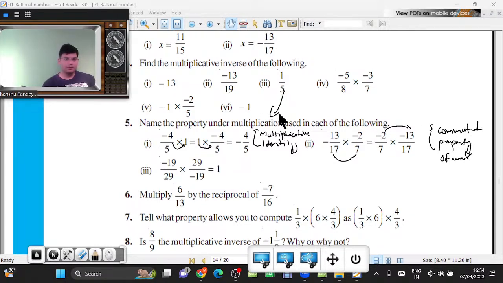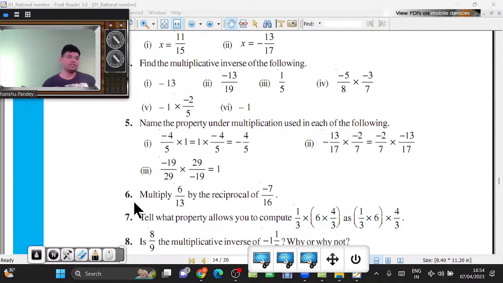Under multiplication. In the third one, what is being done? The number is being multiplied by the inverse of that number so that the answer is 1. So this is multiplicative inverse. Okay? और तीनों क्वेश्चन का सही जवाब देके हमारी अन्विता पहुंच गई है पहले नंबर पे। शाबाश, वेरी गुड अन्विता, शाबाश।